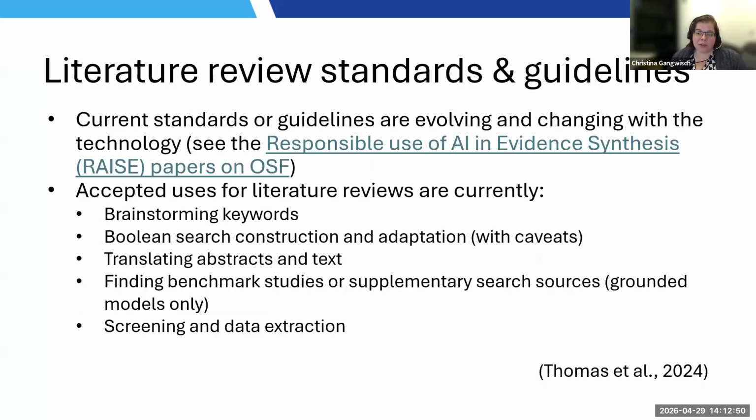So, while most of my students are, as I said, conducting narrative or scoping reviews, I do have some that are attempting to conduct either a systematized or a systematic review. And I really like to point out to those students that they have the option, as they're trying to make sure that they're following those more rigorous standards, to review the responsible use of AI in evidence synthesis papers, which are published on the Open Science Framework site, so that they have a better understanding of what they need to be aware of. But I do generally summarize it for them and explain that the gist is that,